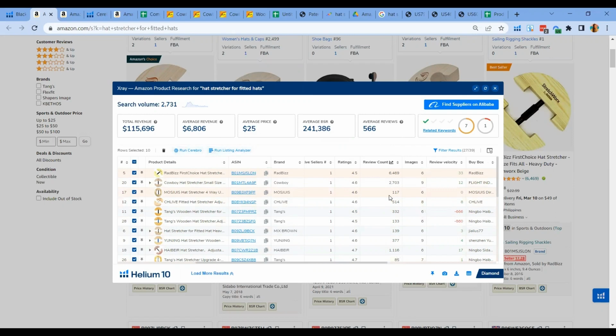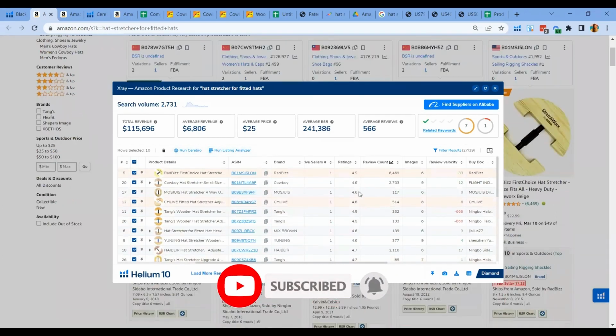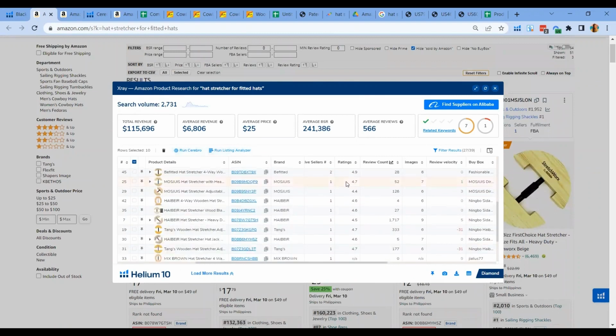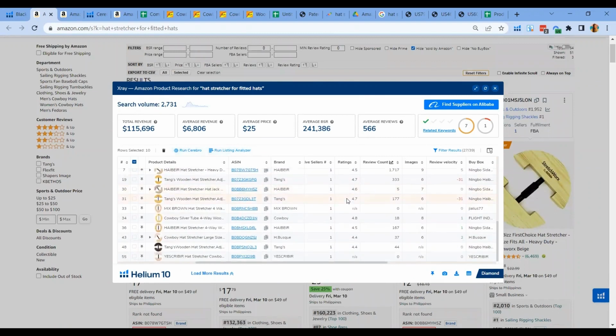So this means that there's a lot of room for improvement. And the ratings as well, they have 4.6, 4.5. Even the top competitor has 4.5 ratings, as well as the rest of my competition here, 4.4. So this tells me that there's room for improvement for this product.